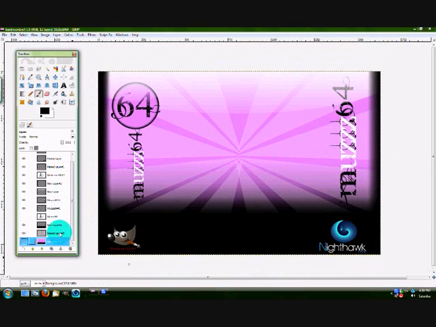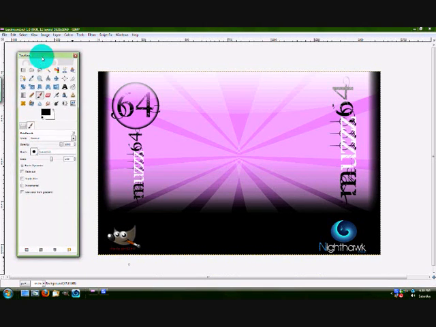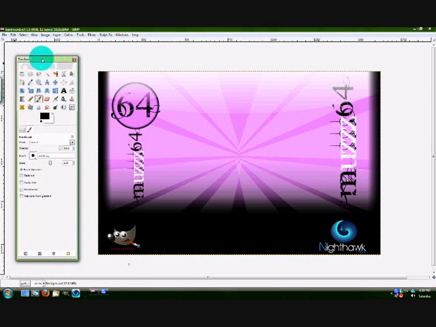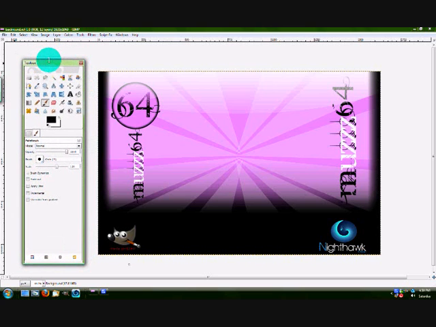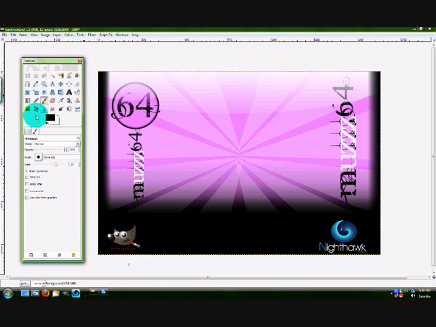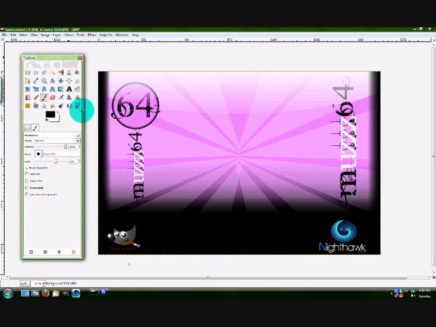Alright, so as you see here, I have two little tabs on my toolbox. Now if you're new to GIMP, you've probably seen a second toolbox, which is a dialog, like a little pop-up window. If you're new to GIMP, you've probably seen a few more of these windows, like layers, channels, paths, and a few different ones. On my toolbox I have layers and paintbrush and these little tabs, and I'm going to be showing you guys how to get more tools and add